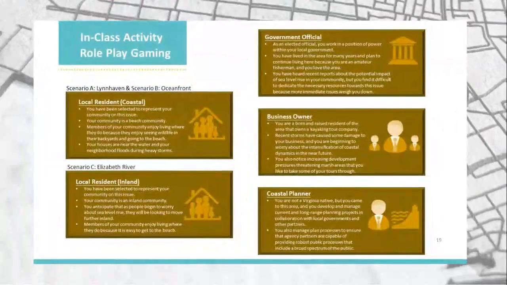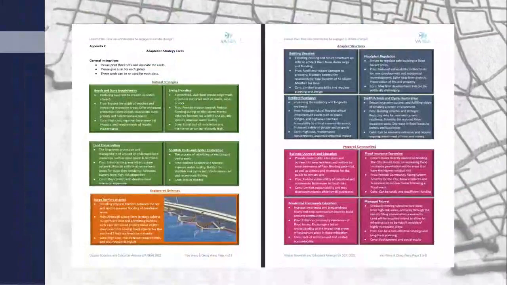Each student will randomly select a character card and review the risks and impacts that need to be addressed for their assigned area. They will then select strategy cards based on their character card and place them on the board in order of preference to demonstrate the adaptation actions they have decided upon for their area. Finally, students will answer the questions in the summary session.